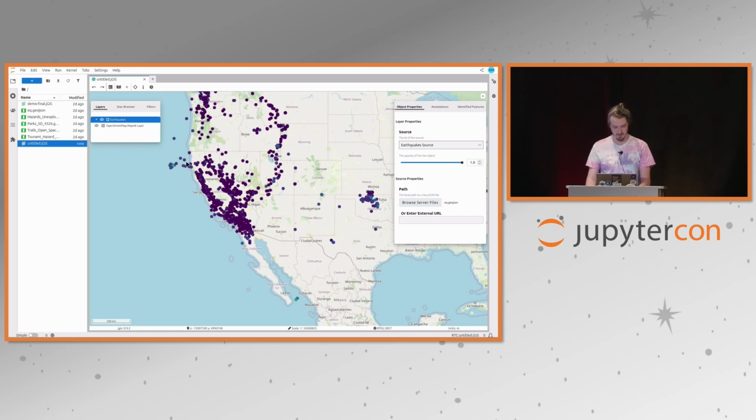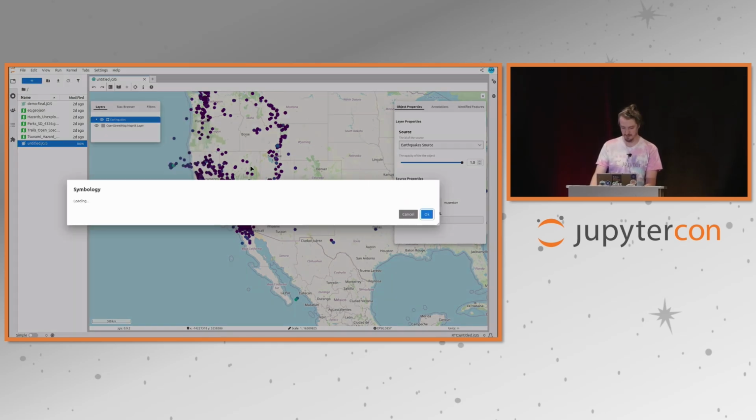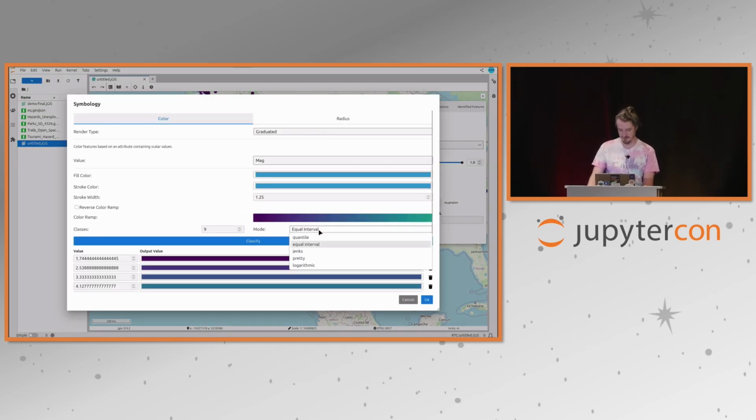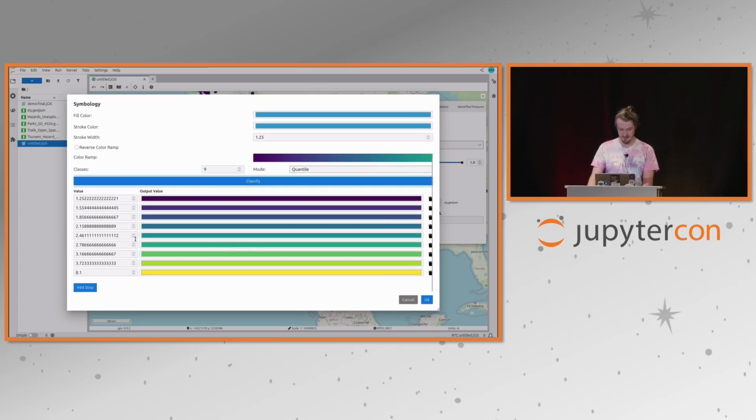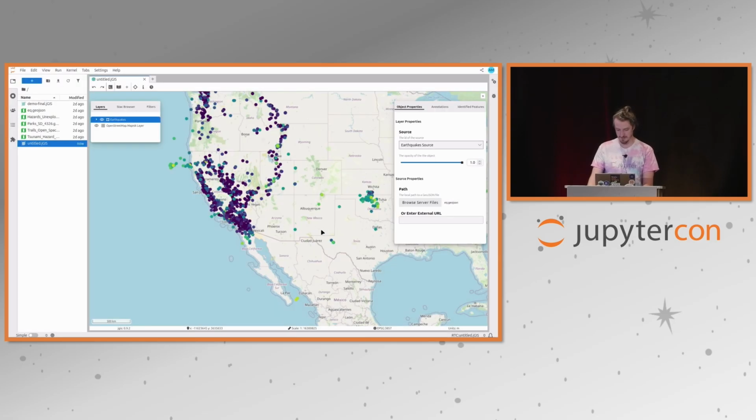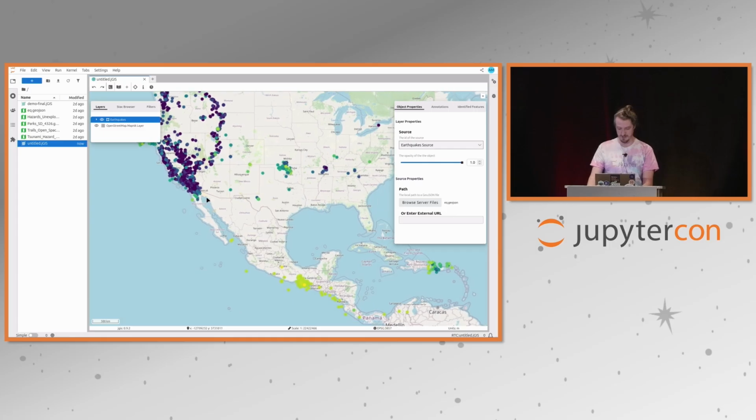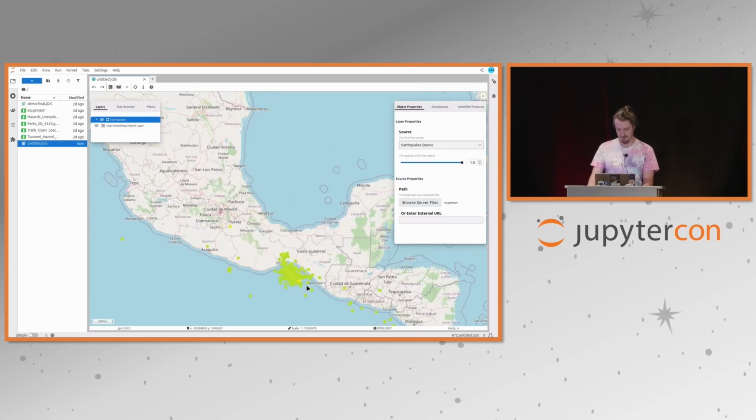But a lot of them are purple. So instead of doing kind of a linear classification, let's change it to based on quantiles, reclassify. And now we can see most of the color map is in these kind of low magnitude areas. And our highest magnitude earthquake is still 8.1, which is bright yellow. And now we get a little bit more differentiation, and we can still see our highest magnitude earthquake is probably